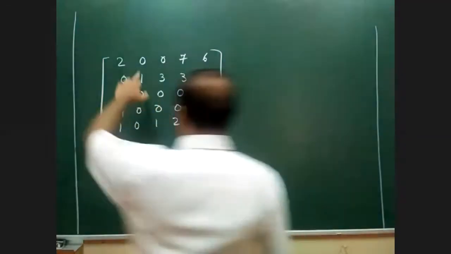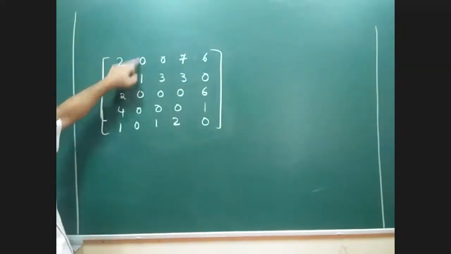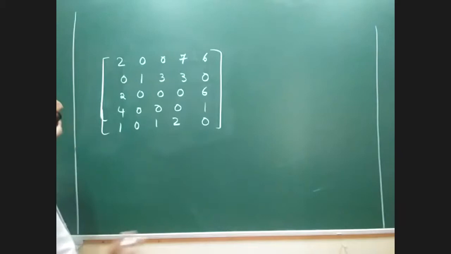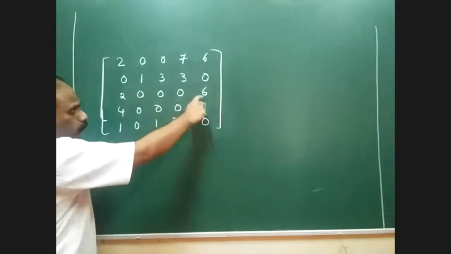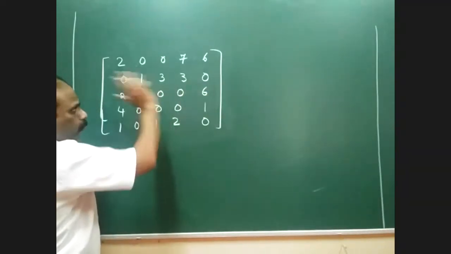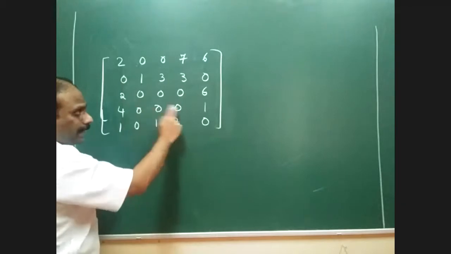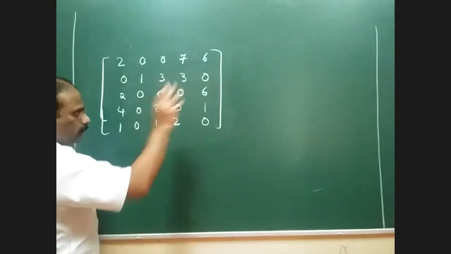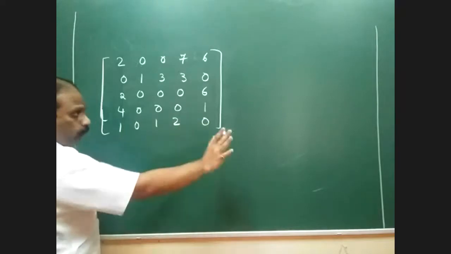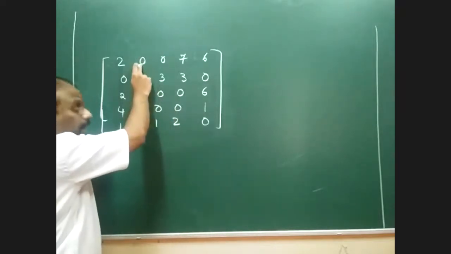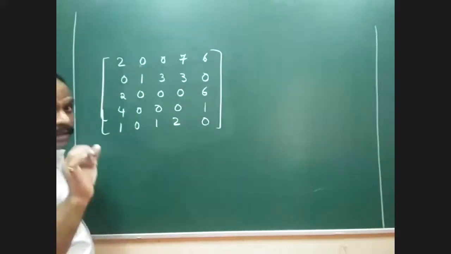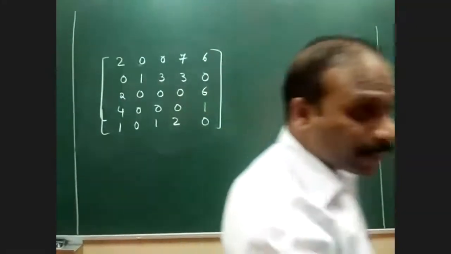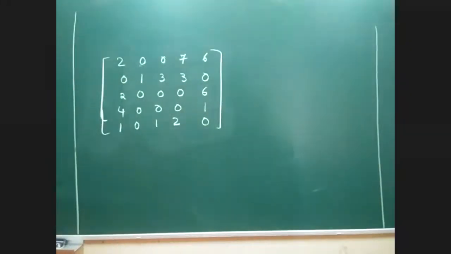If I take a zero, we know that all the zeros of that particular column have to be blocked. Here, first zero. If I'm blocking this zero, in this row two more zeros are there, so no problem. If I'm blocking this zero, again two more zeros are there, no problem. If I'm blocking this zero, one more zero is there, so no problem. By selecting this zero, I'm not disturbing or creating any problem for the remaining rows. So the rule is, at least one zero should be left in each row after selecting that particular value. That is the only logic here.